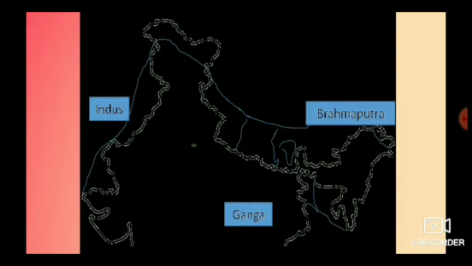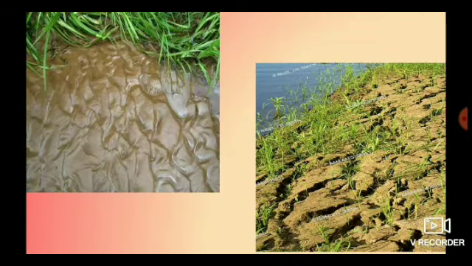So here, as the three rivers flow in this region, it has fertile soil and this place is densely populated. What do you mean by densely populated, children? Compared to other states in this region, people have settled more. This region has more population, that is called densely populated. Okay? So this is called the alluvium type of soil.